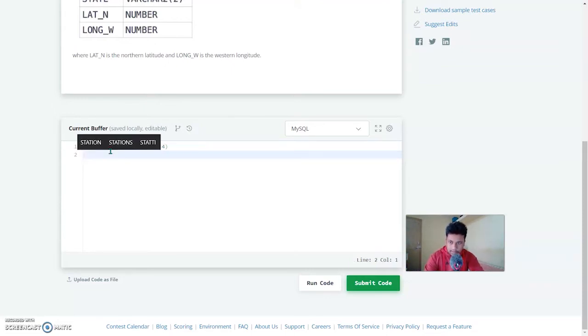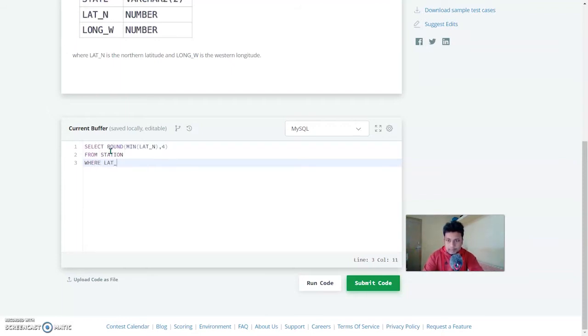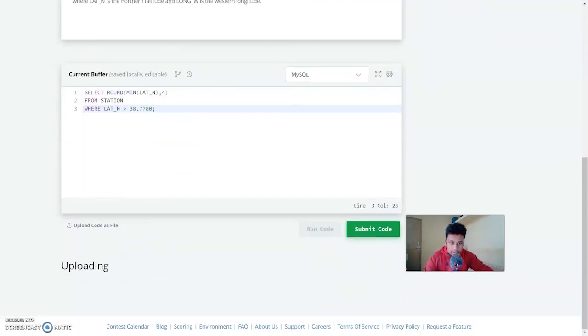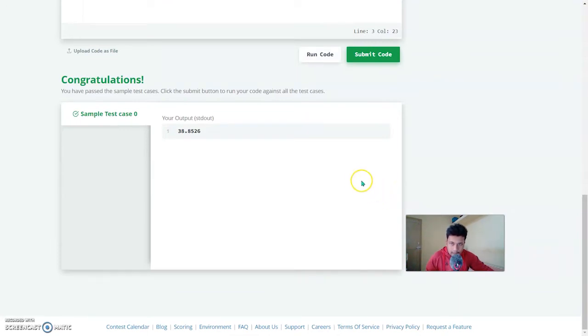And then your table name is station, so from station where lat_n is greater than 38.7780, and that is it. End it with a semicolon, and let's just run this, and there you go. You have the minimum value and it is rounded off to 4 decimal places, so that is correct.